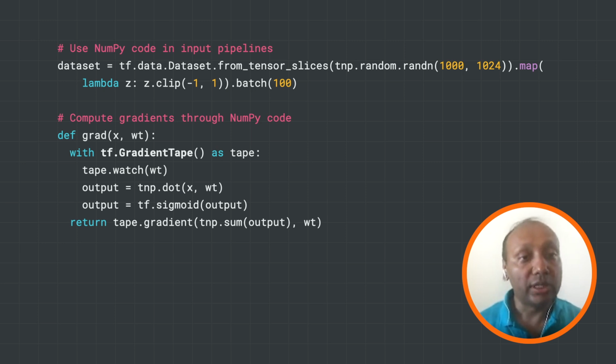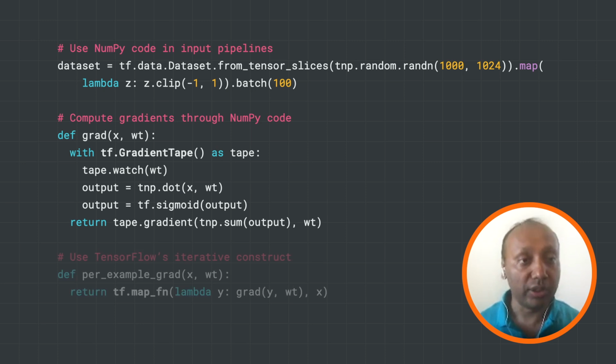And then you'll notice that in the scope, we now call both TNP and TF functions. So we mix and match these functions. And again, all this works without overheads because the conversion is almost free. Also, the gradient node in this case can work through both these NumPy functions as well as TensorFlow functions. Finally, we call tape.gradient, which computes the gradients through all of these function calls and returns that.